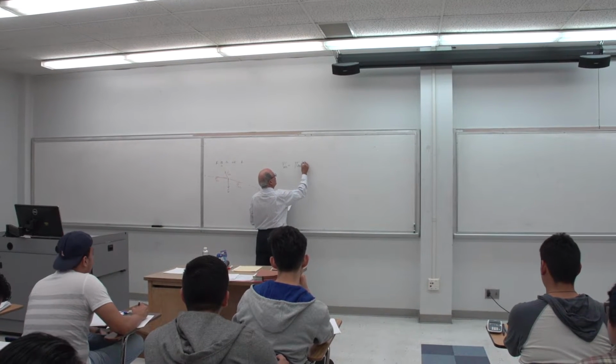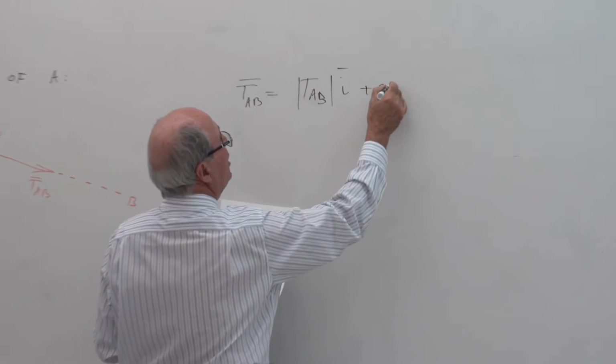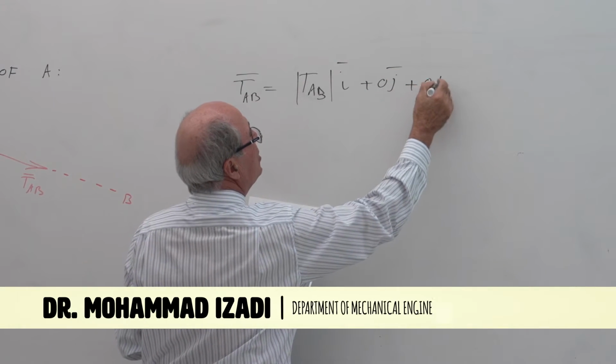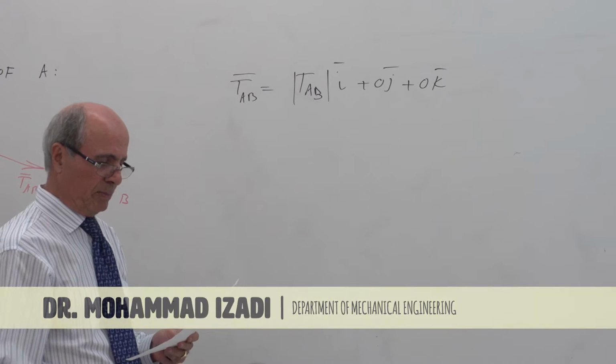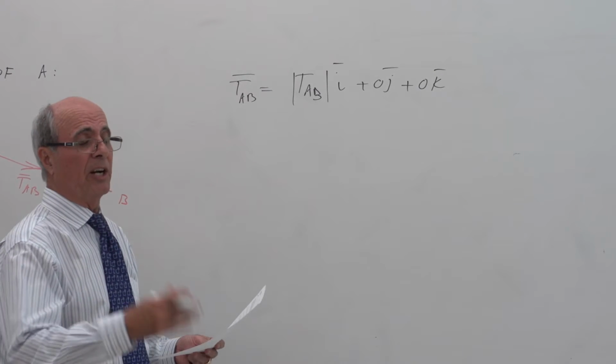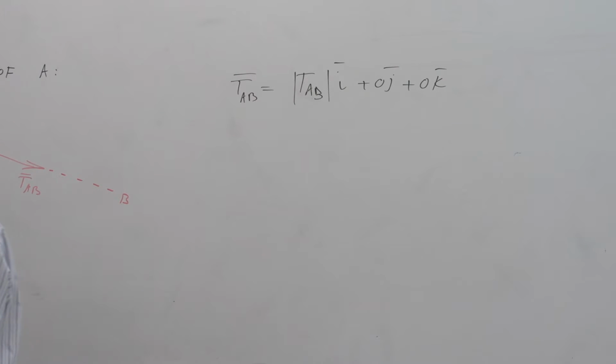j, and k. If you want to put the rest of it, fine. You don't want to put the rest of it, that's fine too. Plus 0j, 0 plus 0k. Is that correct or not? That is the case. A couple of people even didn't write it there because they couldn't figure out what is the tension in the cable, which is on the x-axis.